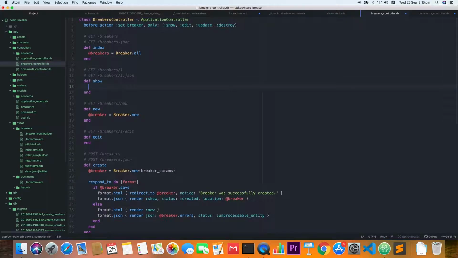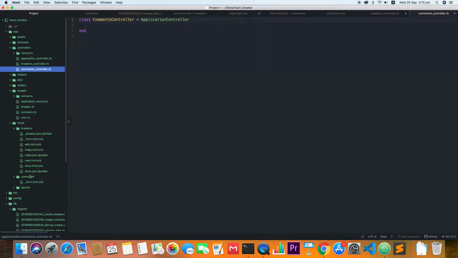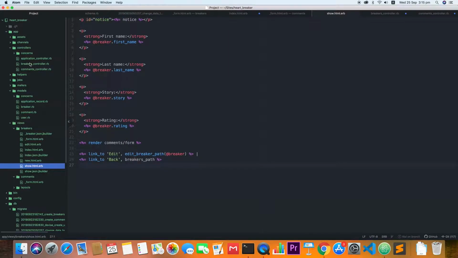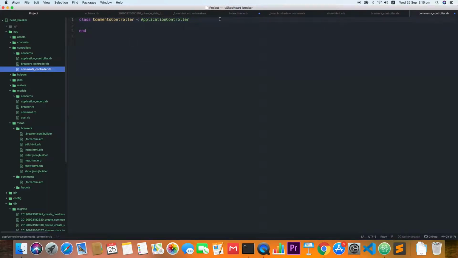So how do we do that? Comment model, comment.new here, and then we'll save it into comment. Okay. So this show page, so it goes from here, from here it goes to the comment controller, and then we go to render here, and then we'll go to the breakers controller. And then the breakers controller says, oh, show the comment form from the comment object. Okay, so we've done that, and then all we have left is to create a create action method